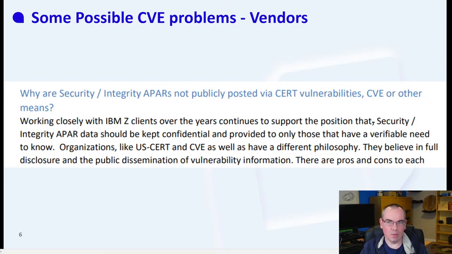It is possible. MITRE can act as the CVE issuer of last resort, but a lot of security researchers are not going to go to that end. This page here is an official section from an IBM document for their mainframe line of products. And IBM's official policy for their mainframes is that they do not issue CVEs for mainframes. The information about what security vulnerabilities there are in their mainframe platform is kept confidential and only provided to paying